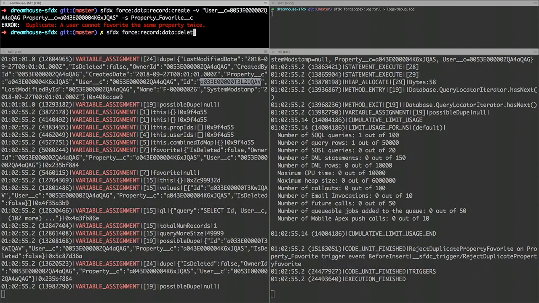Now, that being said, there is the Apex replay debugger that's coming soon, generally available, that will also work in any org for free. So I think when we get to that point, I'm not sure how useful this is, but I think it's kind of a fun use case. And I do sort of like getting that instant feedback of what's going on. And I would guess I'd still probably use this. It's just if I had something really troubling, then I'd start to use the replay debugger once that comes down the pike. All right. The last thing that I just wanted to show, because I've got about 5 more minutes,